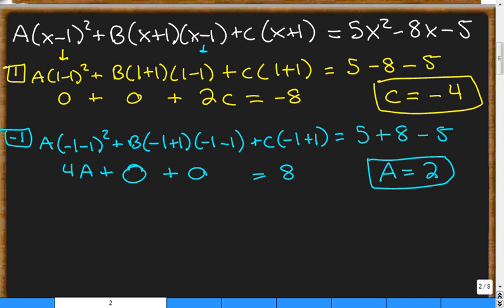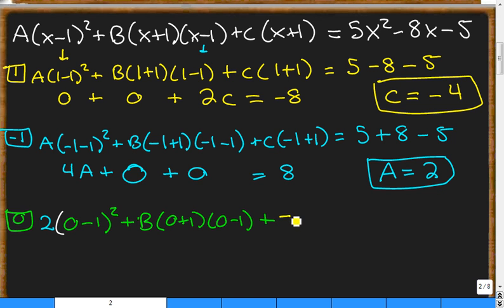So now we need to figure out how do we get any of these other numbers for us. Okay, well, we use these two numbers here along with some other number that we're plugging in order to get everything together. So now we're going to plug in 0. Well, we know automatically off the bat that a is 2. So we are going to have 2, and that is going to multiply by the number that we're plugging in, which is 0 minus 1 squared. And then we're adding b times 0 plus 1 times 0 minus 1. And then we add c, which is negative 4, times